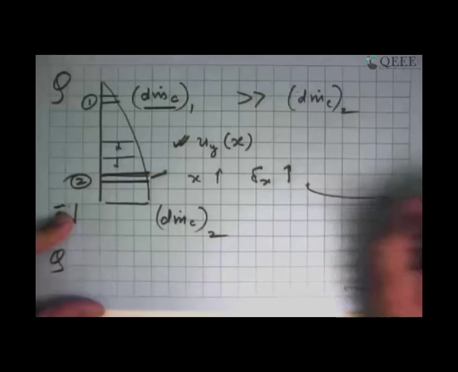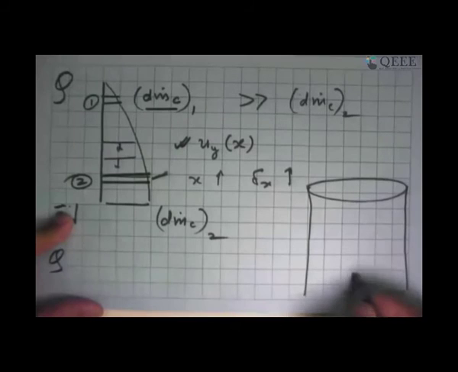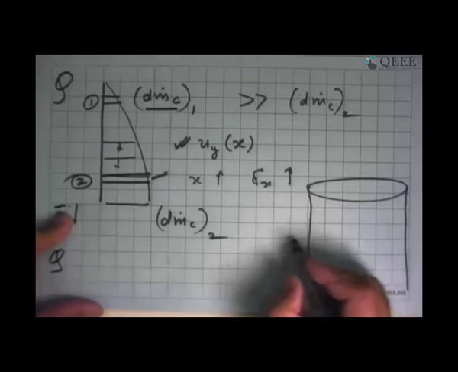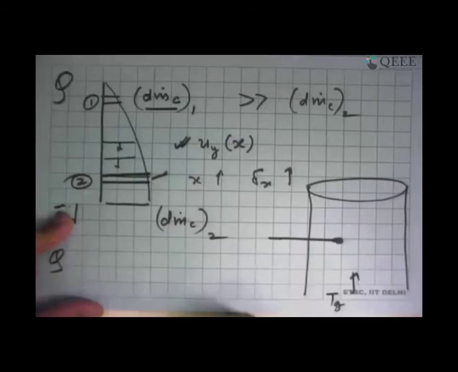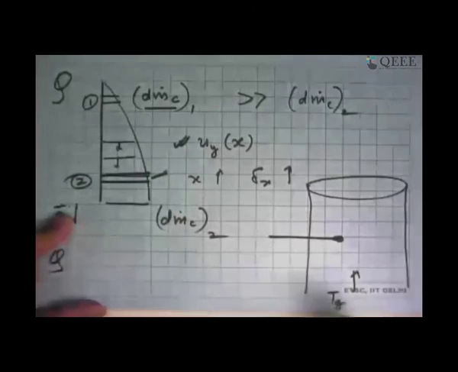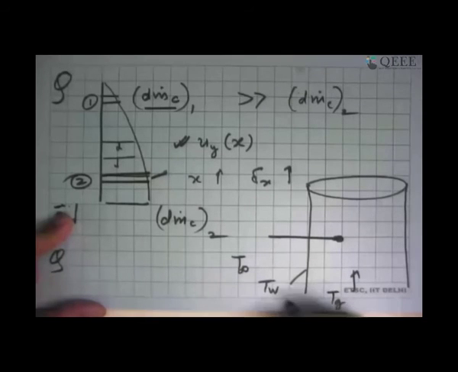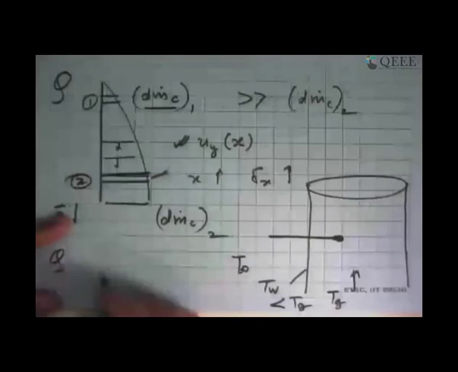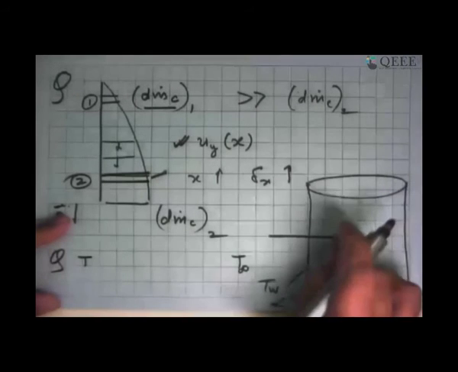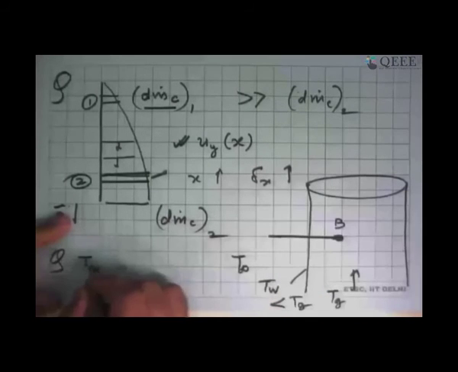So we have a big duct through which gas is flowing, and we want to measure the temperature with some instrument. So we have put the instrument where the sensor is sitting over there. The walls of this thing are exposed to the atmosphere. So this is T infinity. So the T wall is less than Tg. The question is, what will be the temperature shown by the instrument? So we'll call it the bulb of the instrument, Tb.